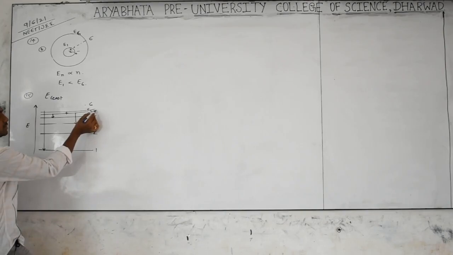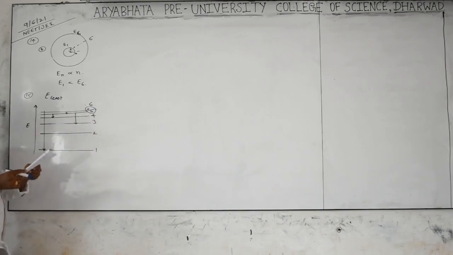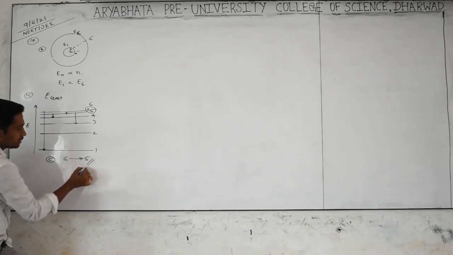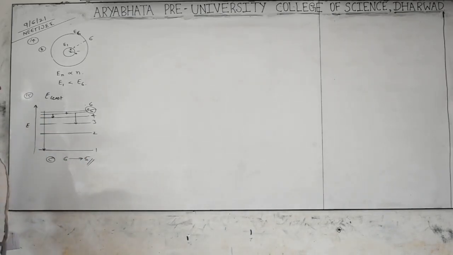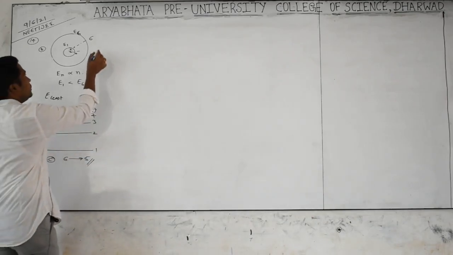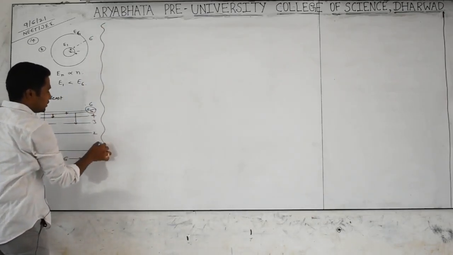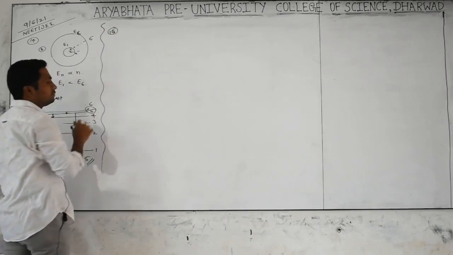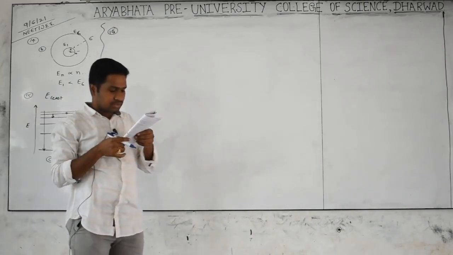Yes, as we go away from the nucleus, the energy gap will be less between successive orbits. That's why, which is the least energy transition? 6 to 5, option C. Option C is nothing but the electron jumping from the 6th level to the 5th level, so the energy gap will be very less. Come to another bit. You see carefully, the 16th one. Listen carefully, 16th one.